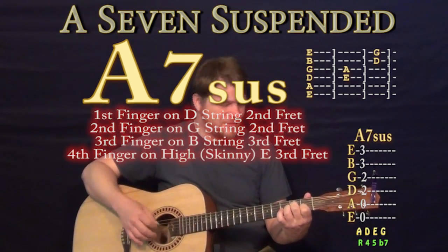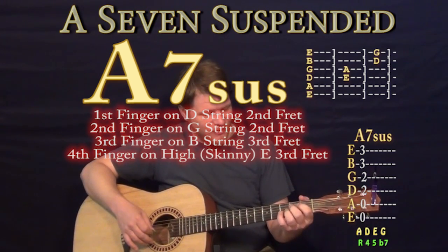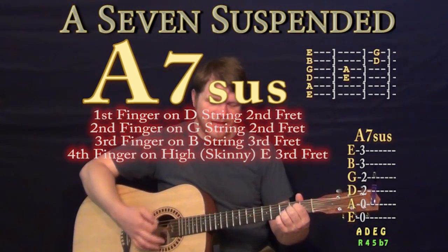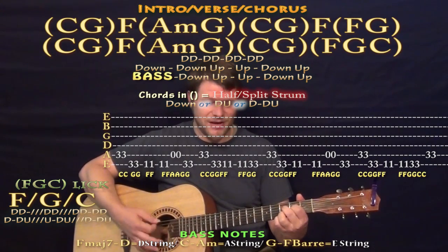Or if you're digging on that C major 9 voicing, you may want to think about using an A7 sus, where you do first finger on the D second, second finger on the G second, third finger on the B third, pinky on the high E third. That way you wouldn't actually have to move that 3 and 4 through those changes. Actually kind of C, G, F,